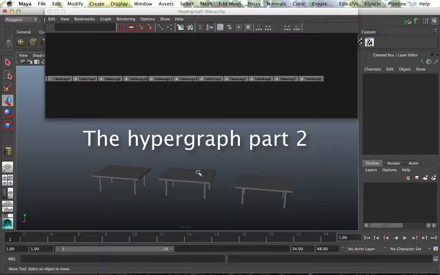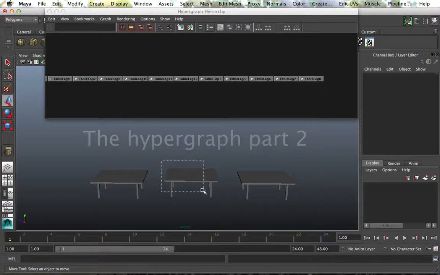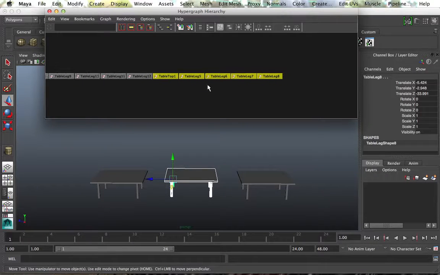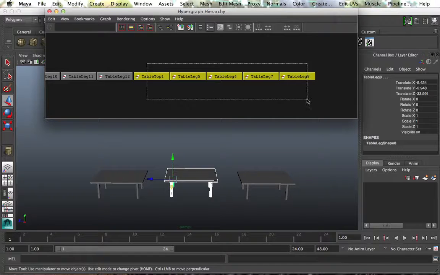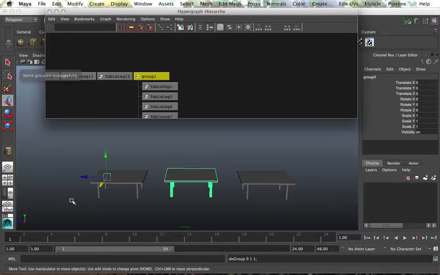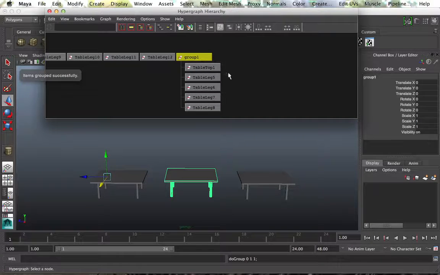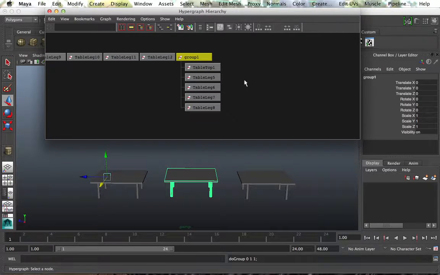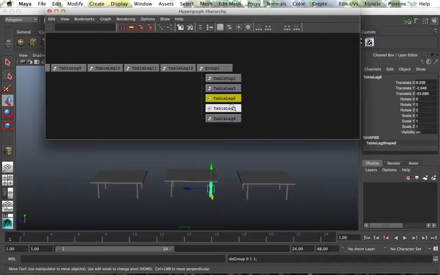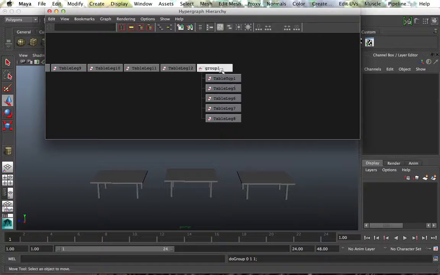Okay, so what I'm going to do now is select, say, this second table. You can see its nodes in the Hypergraph. What I'm going to do is go to Edit, Group. Okay, so you can see what happens in the Hypergraph. Basically, those items still exist as individual items, but they've been placed under this group node, similar to placing objects